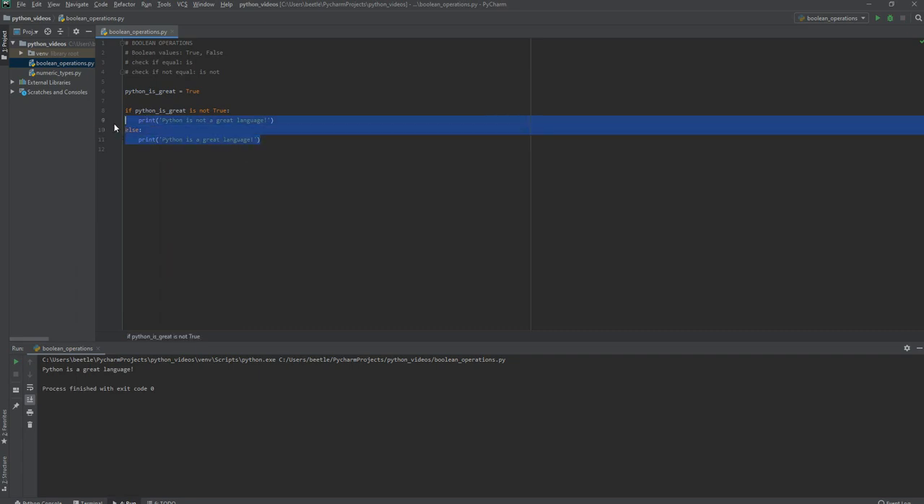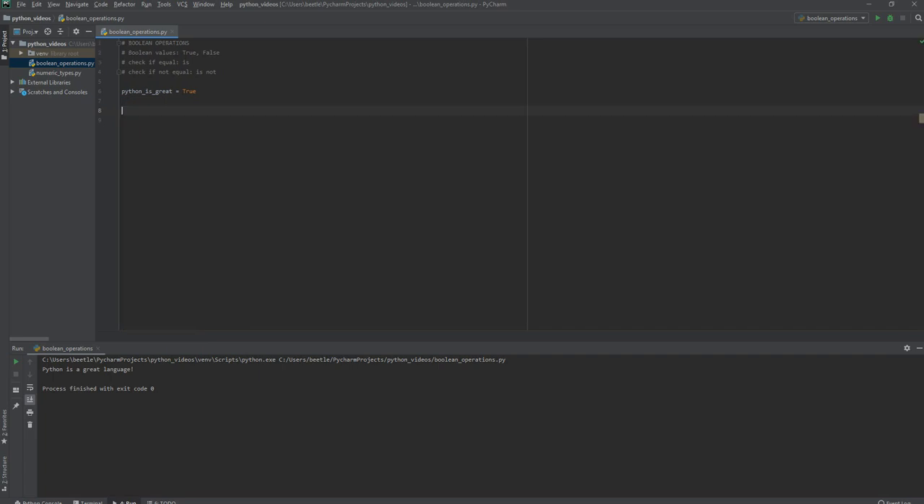Say if you have this set up already and you want to make sure that Python is great is a Boolean, you could use the isinstance command. So you do like if isinstance Python is great, comma bool,